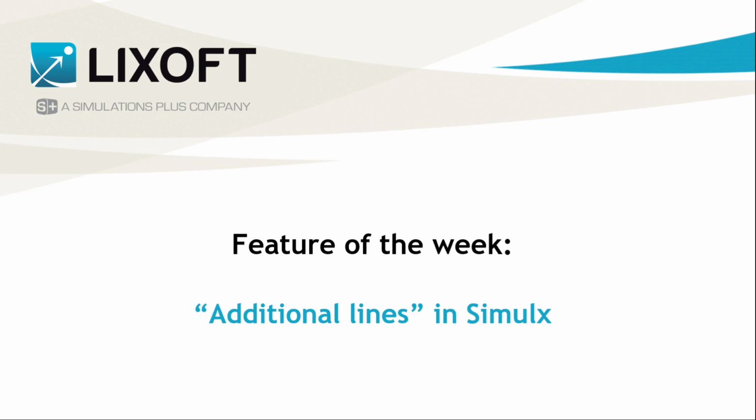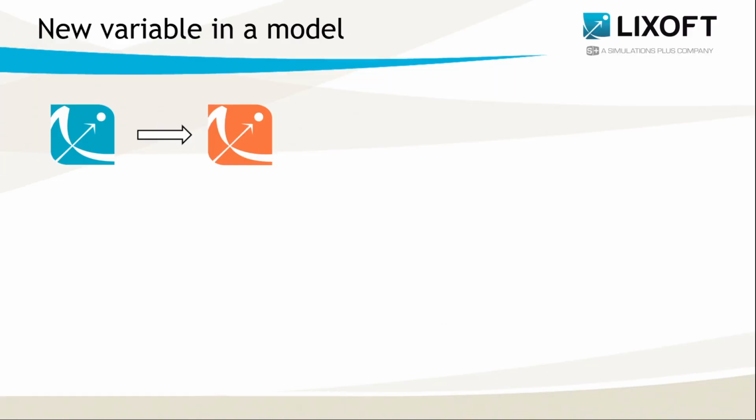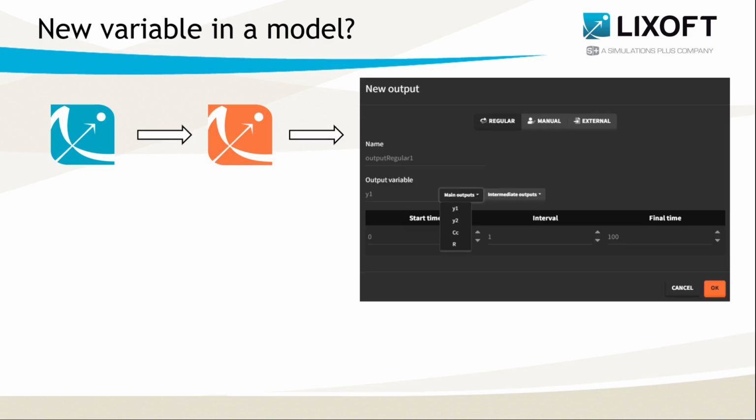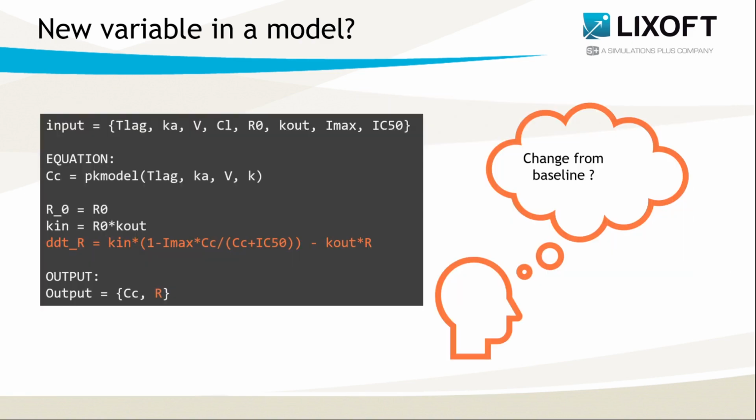Today I will tell you how to add, in a very simple way, new variables to your model in Simulink. Imagine that you exported a Monolix project to Simulink and you need a simulation output with a variable which is not defined in the MLX-Tran model code. For instance, your model calculates a response level R, but you need the change of the response from the baseline. Or you need to use a concentration AUC to define a safety target.